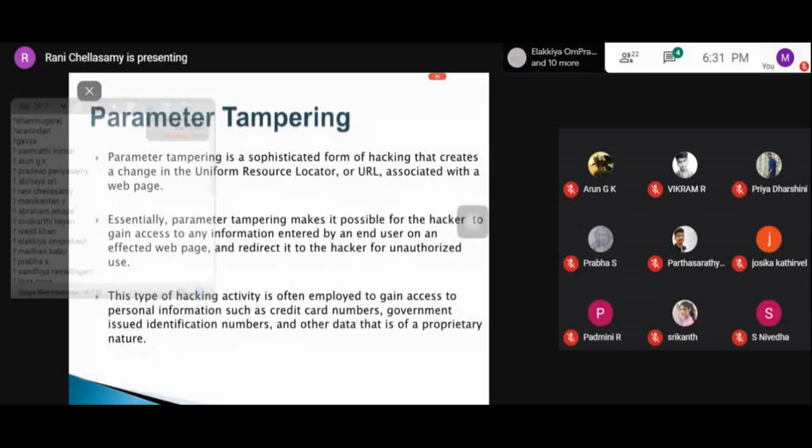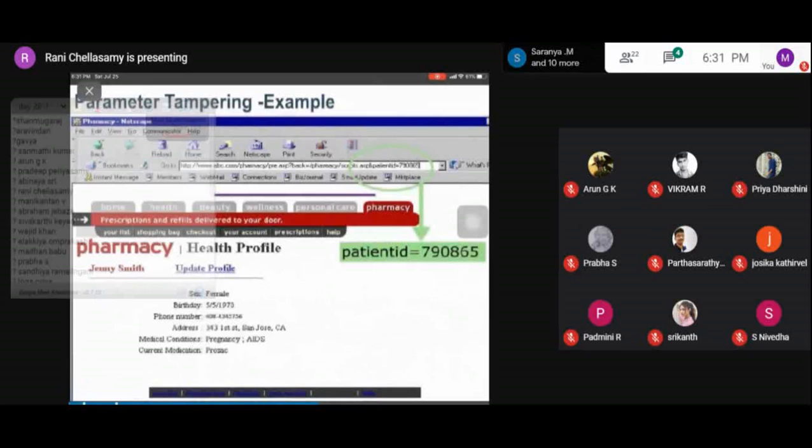The next attack is parameter or form tampering, which is similar to the previous one we have just seen. It takes advantage of hidden fields that work as the only security measure in some applications.